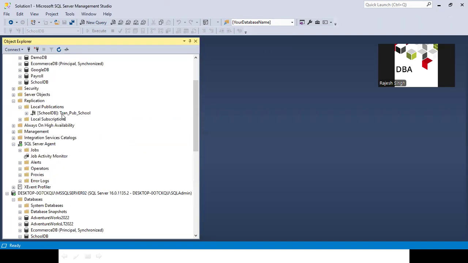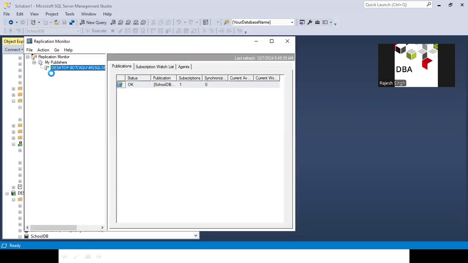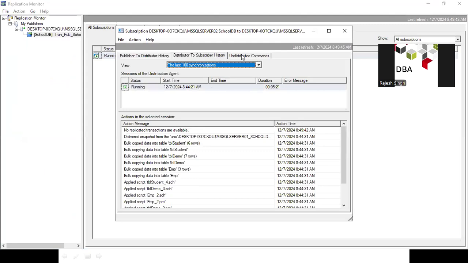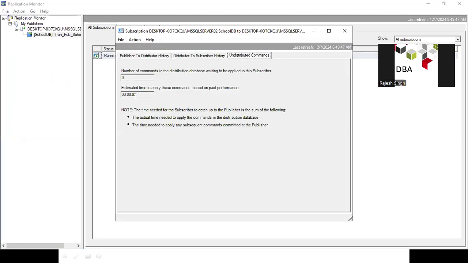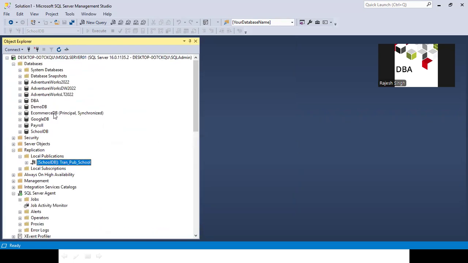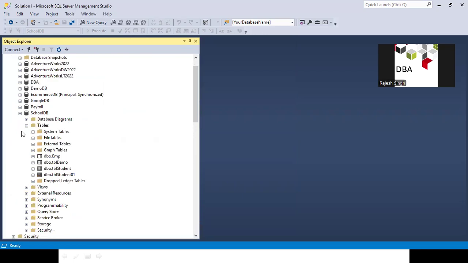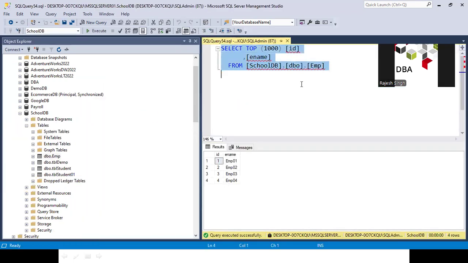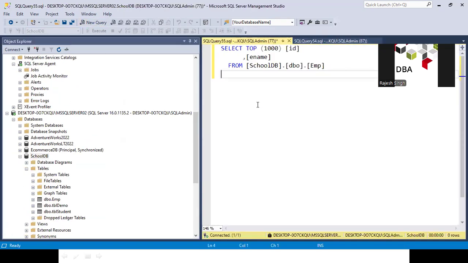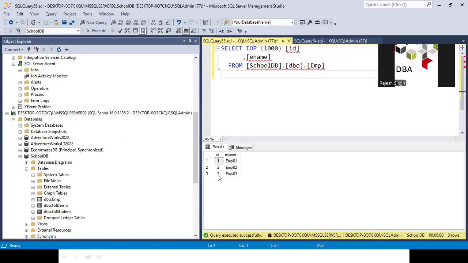If you go and check the status of your snapshot, you can see nothing is there. Okay. Everything is running fine. Uncommitted is also 0. But what will happen when I try to delete the same record from the publisher? Let's see. Let me go and select how many records are there. You can see 4 records. And if I execute the same command here, you can see only 3 records are there. So it means the fourth record is deleted.